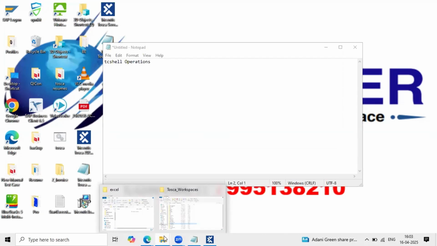Here, team, let me show you this TC Shell option. We use one exe file, that exe file is TC Workspace Clone Util.exe.